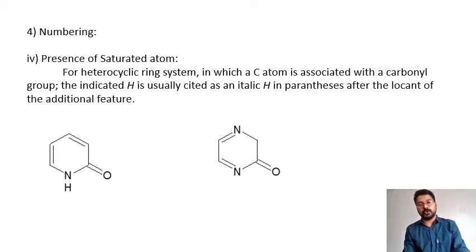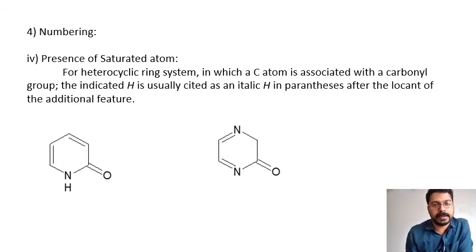And one more thing, for the case of a saturated atom, for the indicator hydrogen, if the heterocyclic ring system in which a carbon atom is associated with a carbonyl group, then the indicator hydrogen is usually cited as an italic H in the parenthesis after the locant of the additional feature. Okay, for example,